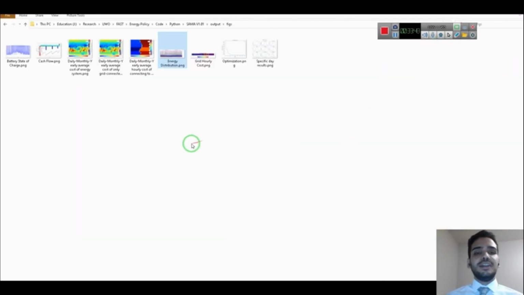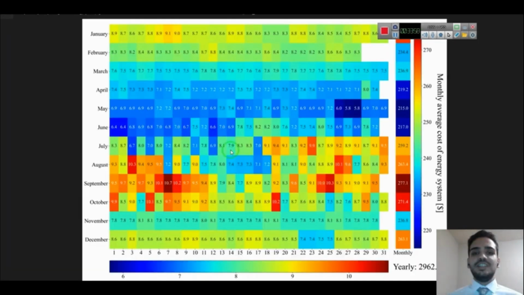Also, another interesting figure that SAMA provides is the daily, monthly, and yearly average cost of the energy system, which is provided in a heat map and color bars here. You can see for each day of the year and also for each month how much the cost of the system would be. And also you can see the total yearly cost of the system here.